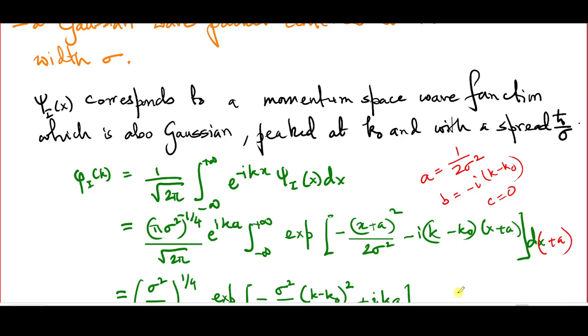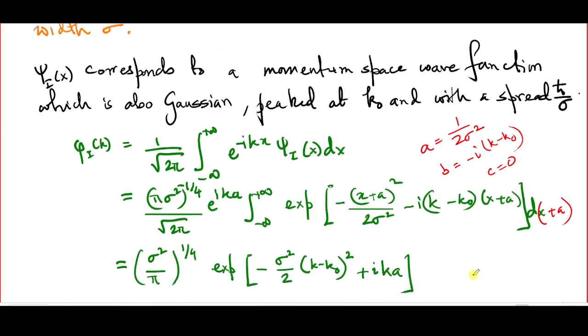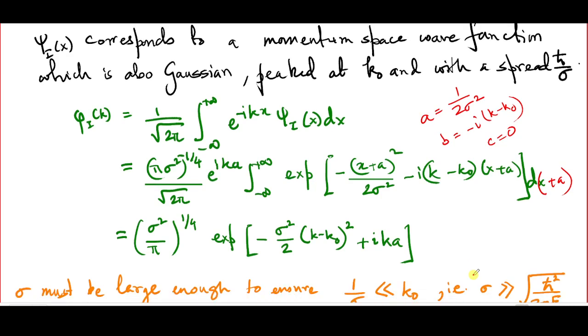You have to realize that what we have actually done, although we have not stated that officially, is that we have gone over to the variable x plus a instead of x. That does not change either the measure or the limits. Now, using the formula that we had derived a while ago, you can easily calculate this, and this works out